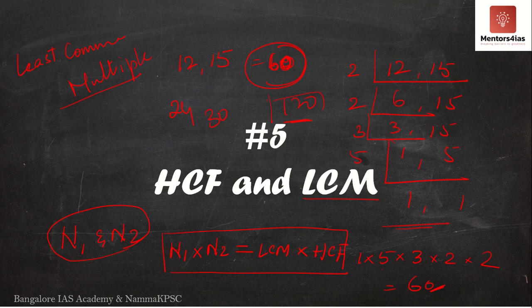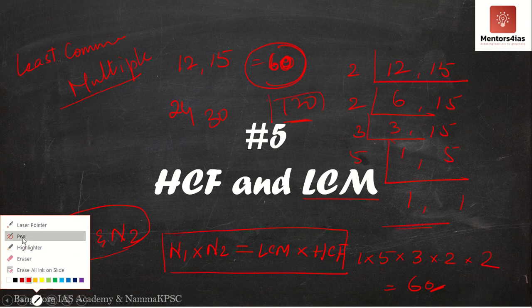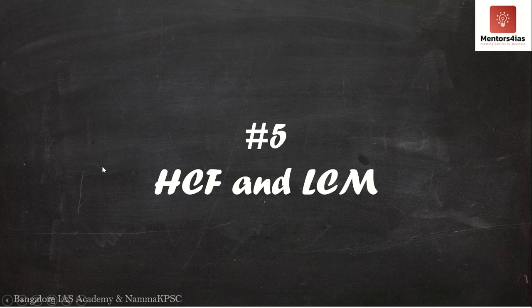Now, I hope everybody is comfortable with finding out LCM, because when we continue with this video series, obviously you will have several other places where you'll have to find the LCM. For example, if I want x by 10 plus x by 12, simply I could cross multiply this. 12x plus 10x, divided by 10 into 12. This is nothing but 22x by 120, simplified to 11x by 60.